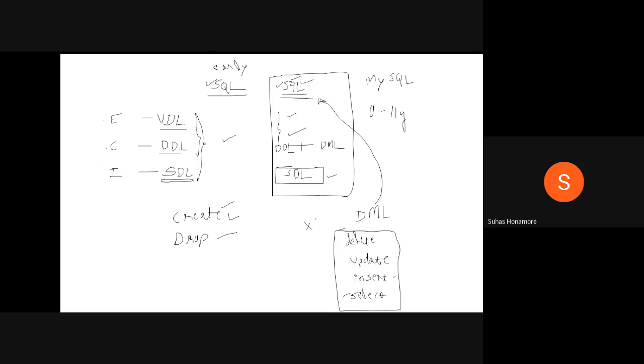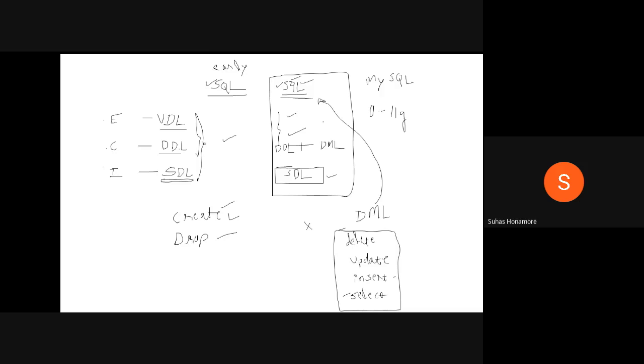If someone has already seen the XAMPP server, they will know that along with commands, you can see the table and table content directly in the GUI. We'll see those things later, whenever we discuss project related things. It's there as a front end kind of thing. Instead of using commands, you can directly see the values of all those things. So that front end is VDL.